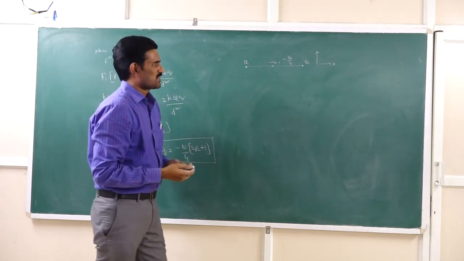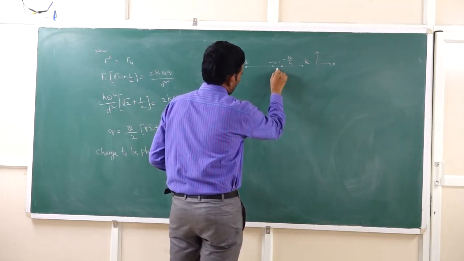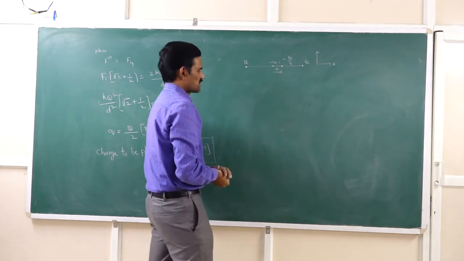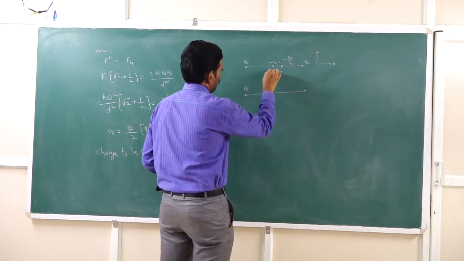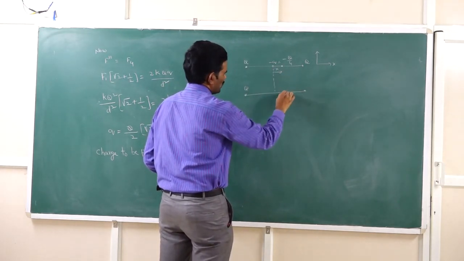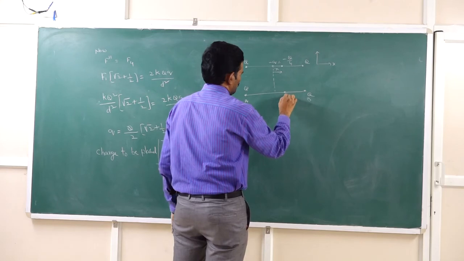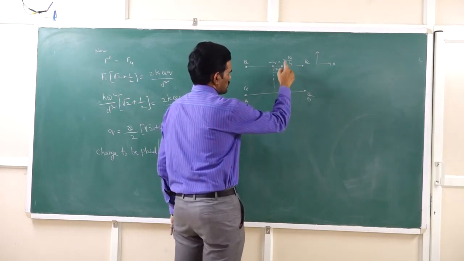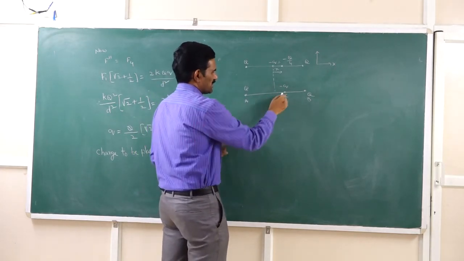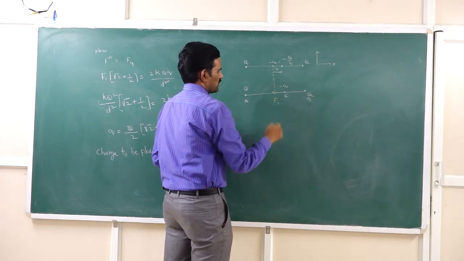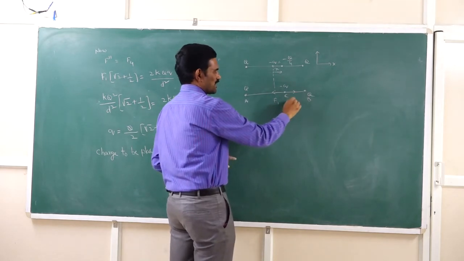When the particle is displaced along the x-axis, suppose this particle is displaced slightly to this position by a distance x. We are displacing along this direction. So initially the particle is here, now we have displaced it into this position. This is A and this is B, and this is the point C, which is our Q, which is nothing but Q by 4. As it is a negative charge, the force between A and C will be along this direction. Let it be F1. And the force between B and C will again be an attractive force, that will be F2.